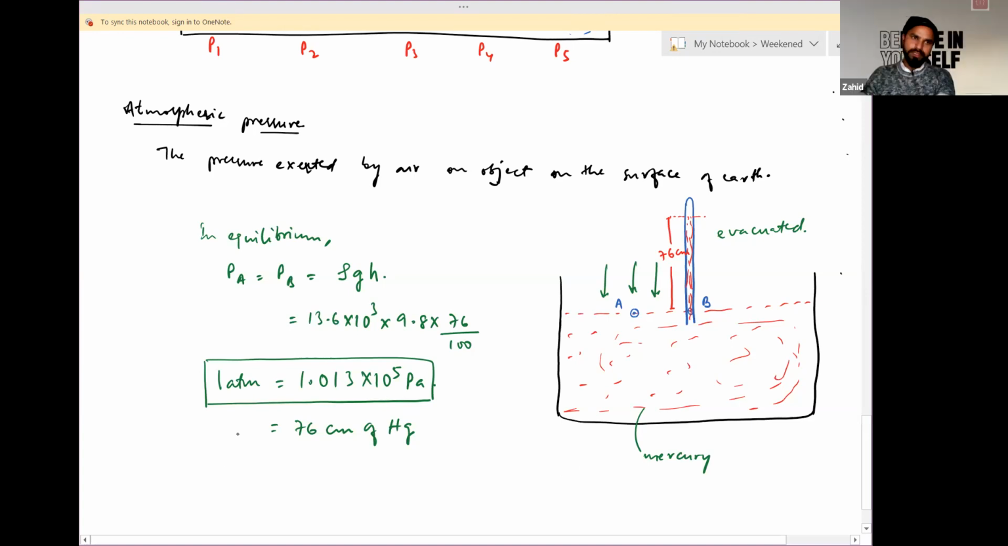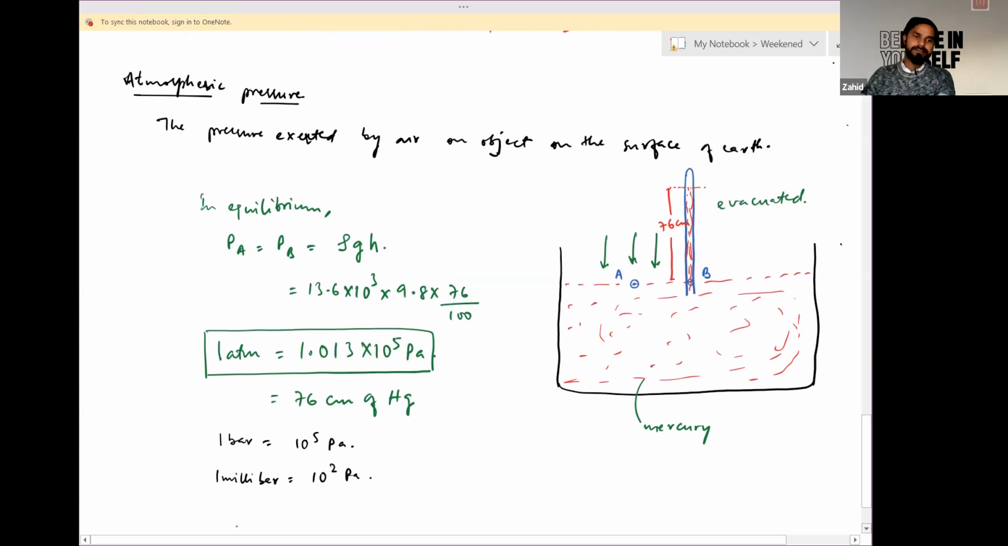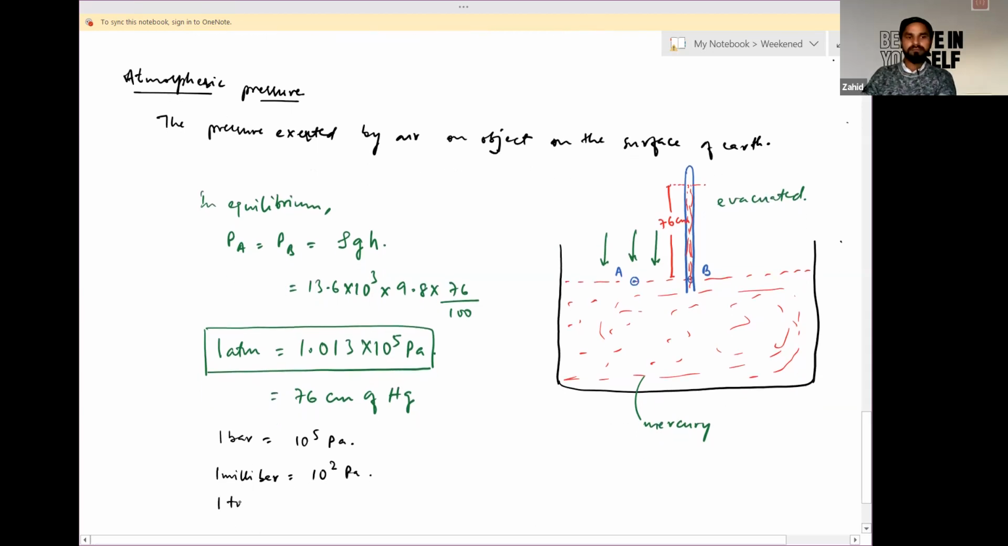There is some other unit of this particular term. One is 1 bar. Next is... next is... so it will be equals to